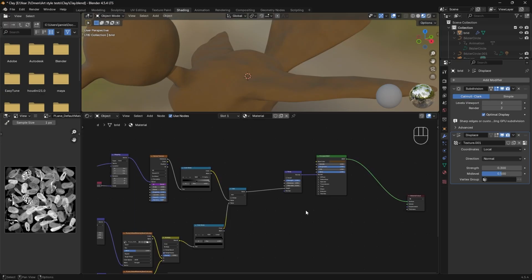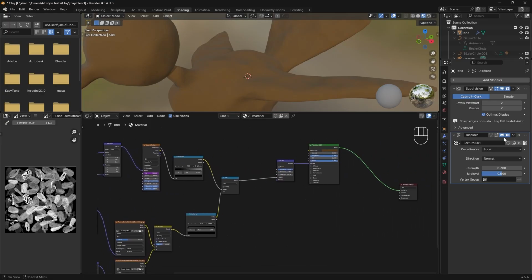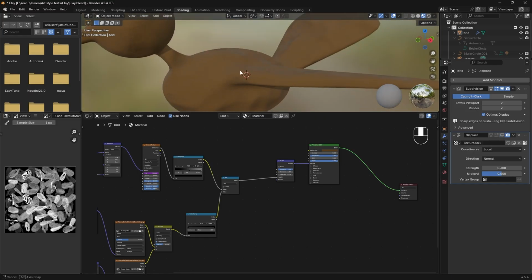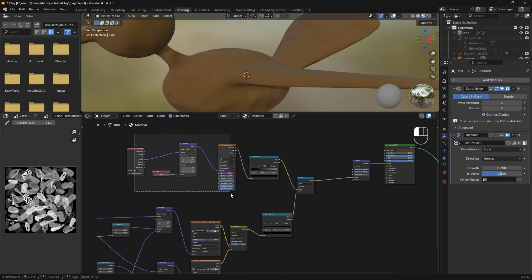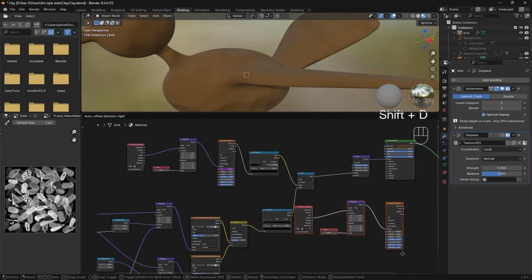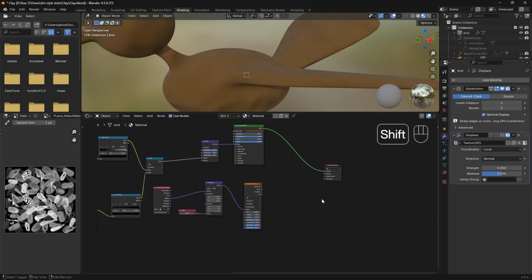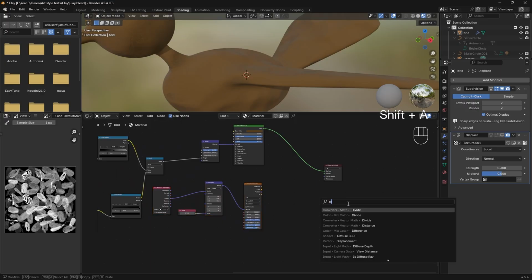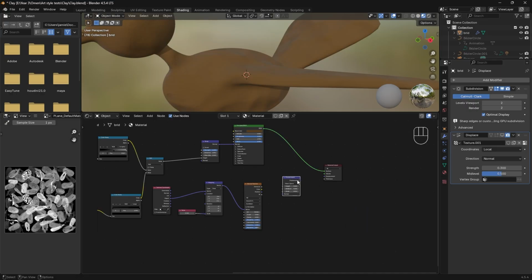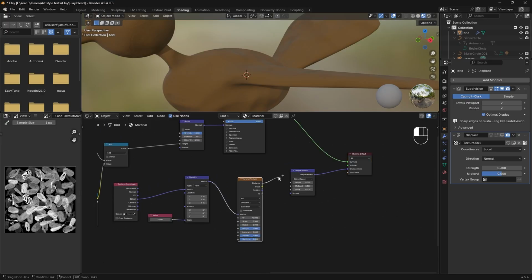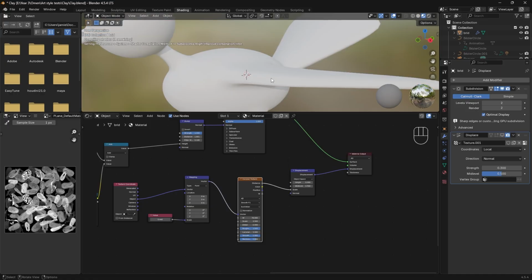The other thing that we can do here is, rather than using this displacement on the modifiers, if we turn this off, there's another way that we can do displacement on here. So for now, I'm just going to copy this, and we'll add a displacement map, or vector displacement, sorry. So just add this in here, and we'll plug it into this displacement. So what this will do is allow us to control the displacement using a shader. So if we want to plug this into the scale, I think,